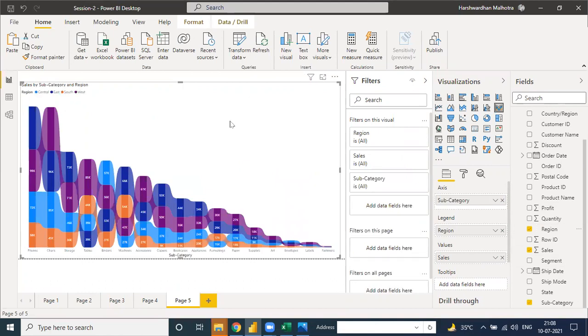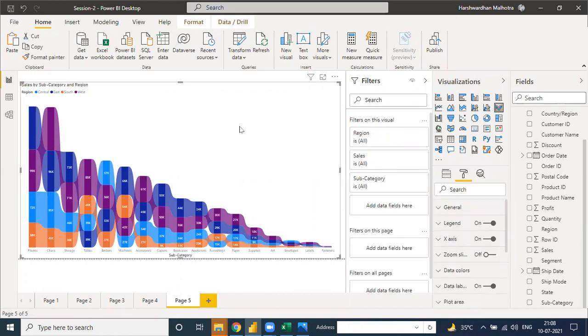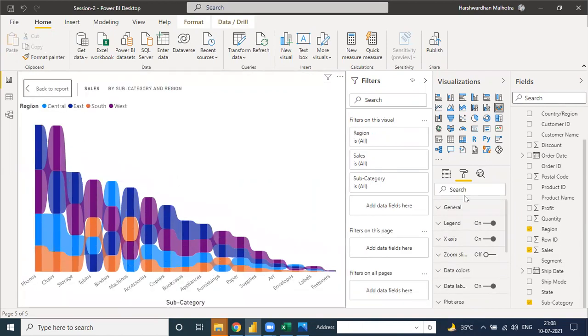When you click on the build mode, see here, click on the data label. See, there is Central, East, South, and West. This is the chart for the highest number, a ranking chart.